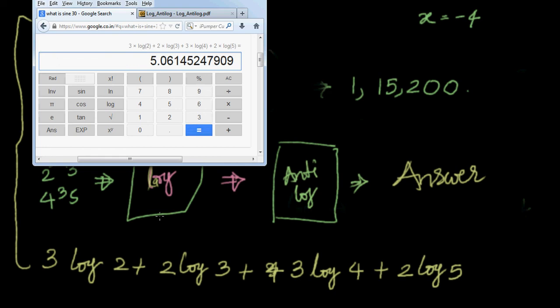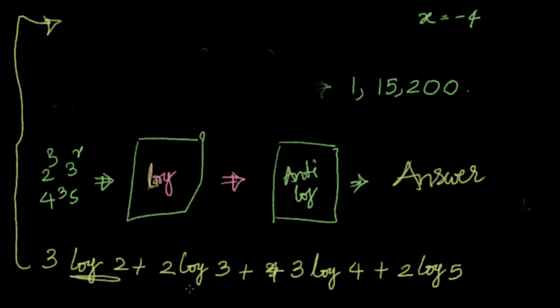What is that value? Remember that value, right? 5.061, whatever it is. Okay, right. I am just remembering it. If I say AC, it will store it. Okay, right, fine. Now what you have done, you have gone through the logarithm tables and you found these values applying some logic.